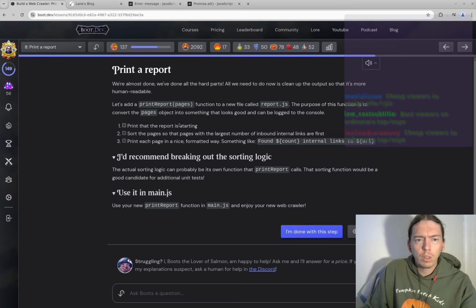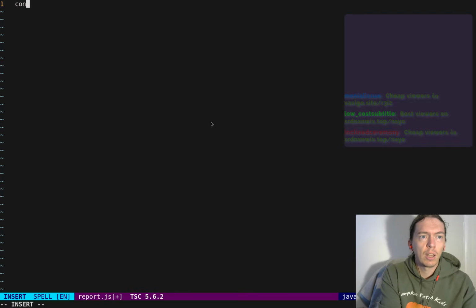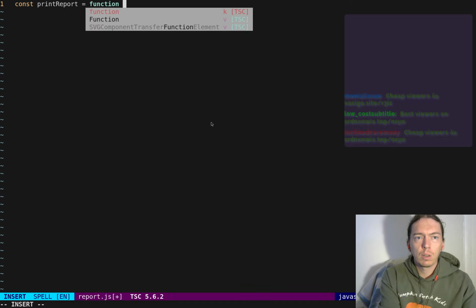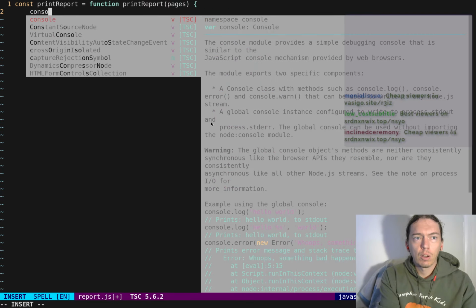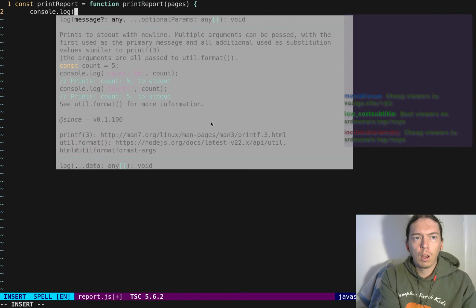Print that the report is starting. So we're going to say printReport equals function printReport takes pages, console.log report starting,